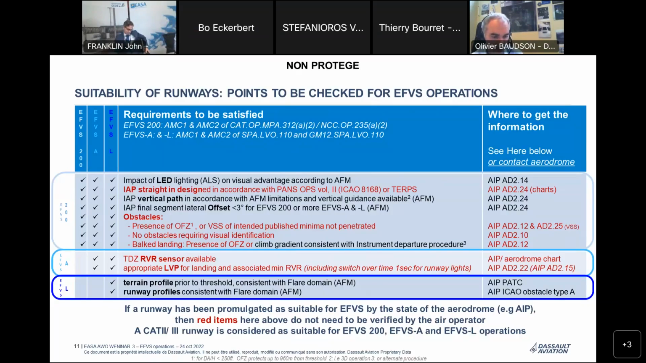And regarding the go-around, the balked landing, which is performed below the published DH in the EVS segment, the operator has to check that either there is an OFZ or there is a climb gradient that is consistent with the instrument departure procedure. For example, an alternate procedure can be defined, and everything is described in the AMC. For EVS